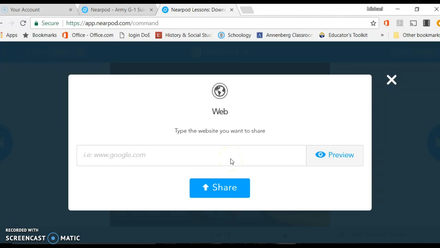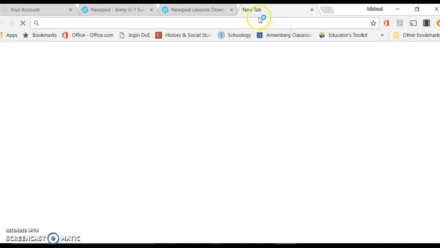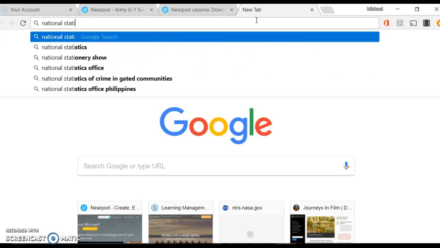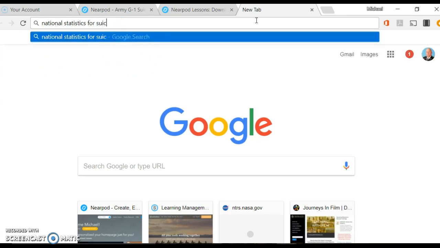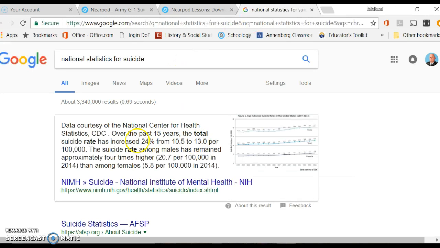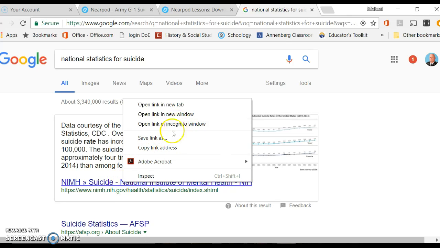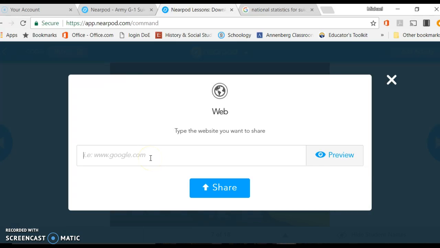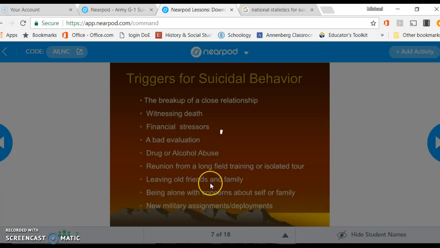I've already opened up a few tabs, so what about some national, let's see, if I, the teacher, want to go look up something, national statistics for suicide. And let's say this is creating on the fly. Let's say I want to add that tab right there, or this information. I copy this link address, go back into here, paste that in to here, share it,